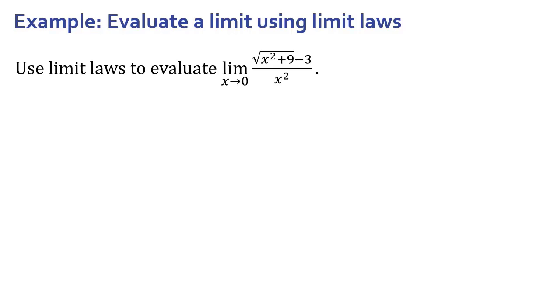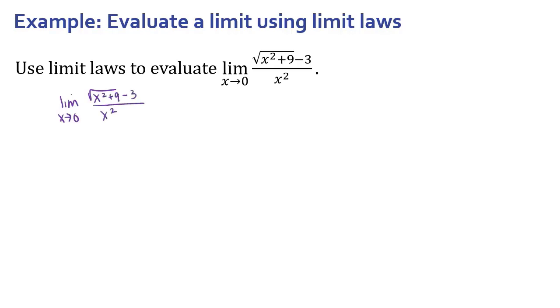Step 2 said we need to find a function that's equal to this and do one of the following steps. If they're polynomials, factor the functions. We can see that the numerator is not a polynomial because we have a square root in it. Letter B for step 2 said if the numerator or denominator contains a difference involving a square root, we should try to multiply the numerator and denominator by the conjugate of that expression. Okay, so let's do that, because I do have a square root in the numerator and we're doing the difference. So the limit as x approaches 0 of the square root of x squared plus 9 minus 3, all over